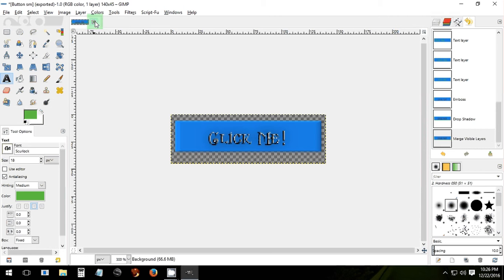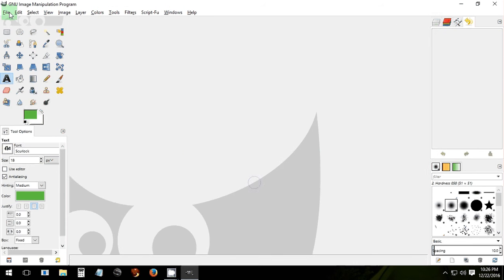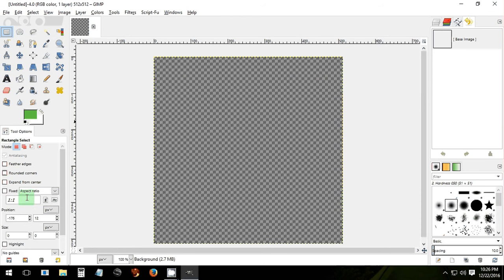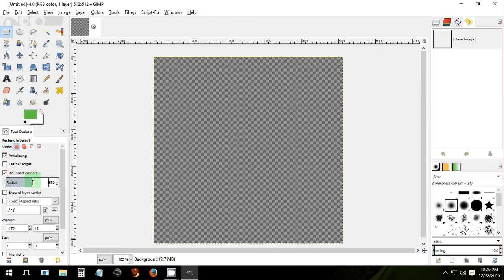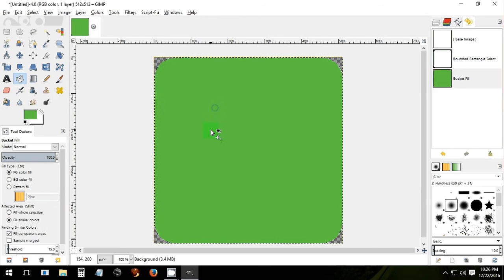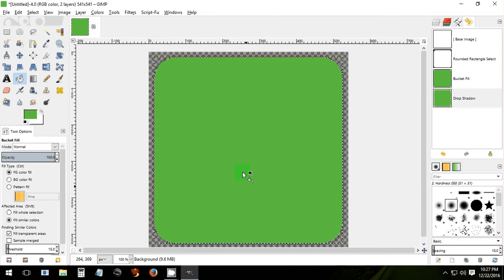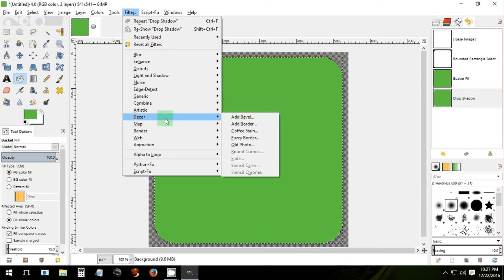Now if you wanted to do a round button, just create a new one, click OK, select that, rounded corners, do about around 60, and you can see that it's showing the edges rounded. Looks really nice. Filters, light and shadow, drop shadow. You can see how nice that will be. And if we add a bevel,